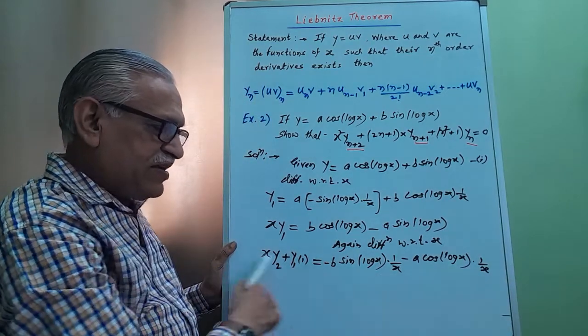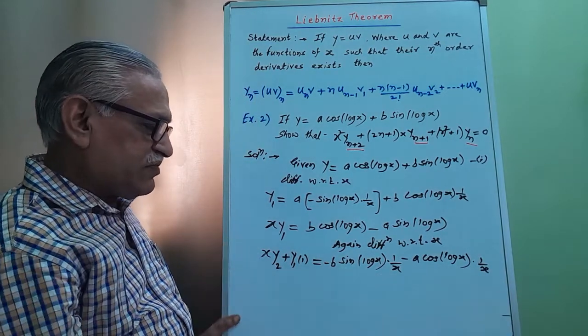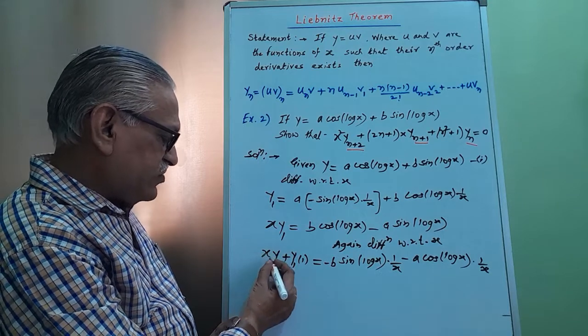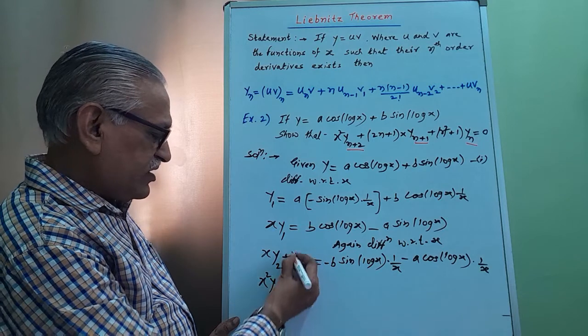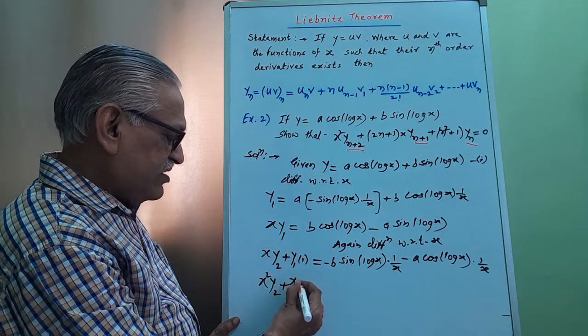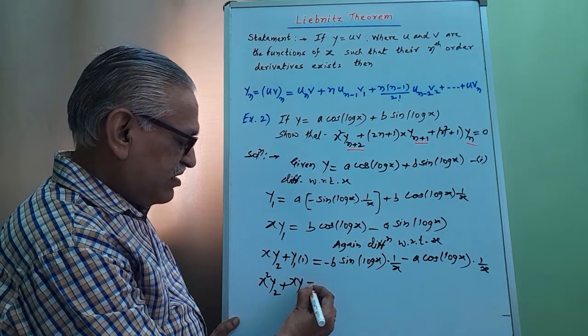Again cross multiplication by 1 by x, we get x into x, that is x square into y2 plus x into y1 is equal to,